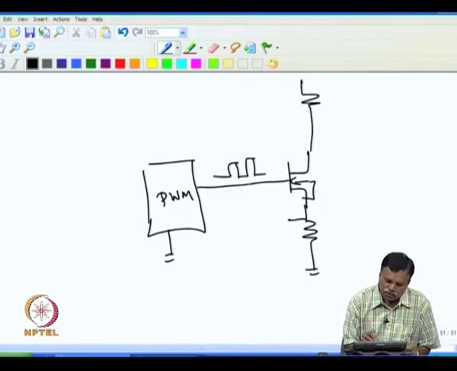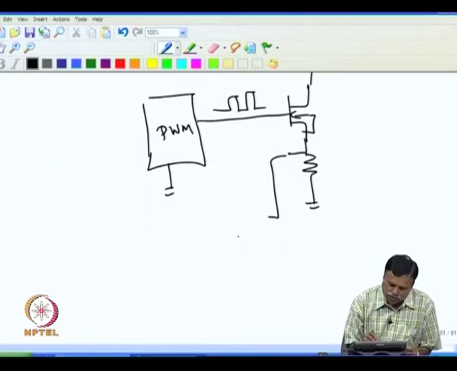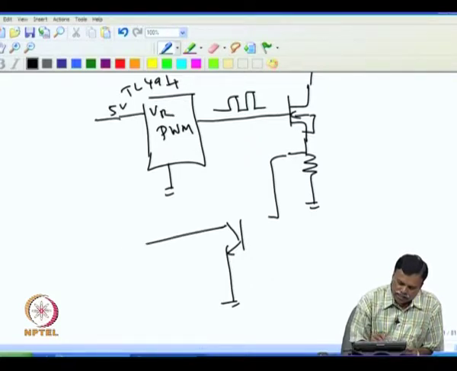For example, once I remove the gate pulse, this current will be 0. But once the current is 0, whatever logic I am using to switch off should not again allow the pulse to appear here. So what I do is, for example, I put a switch here. I connect a transistor here, for example, to switch. And if I take a PWM IC, say the TL494, it has a reference output, V reference, say 5 volt is available. So I can connect this